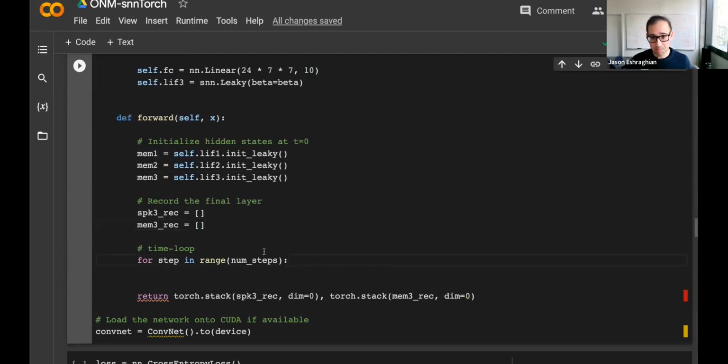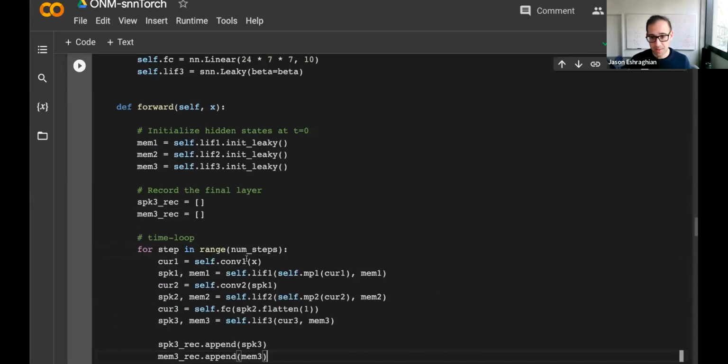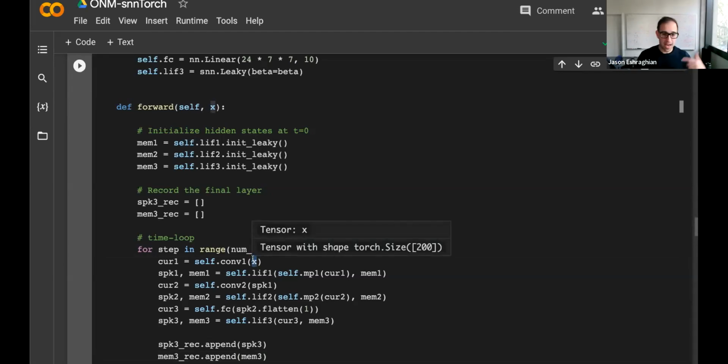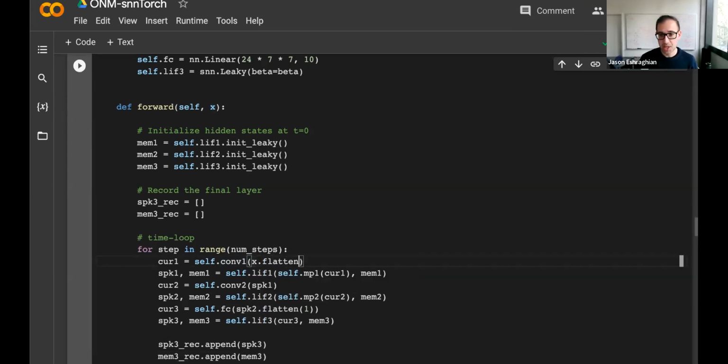For step in range num steps, in the interest of time, I'm going to copy paste from my cheat sheet. Right, so we pass the input image. We're passing the same input image over and over again to my conv layer. Previously, we had a flatten function. We no longer want to flatten it because we're using convs.